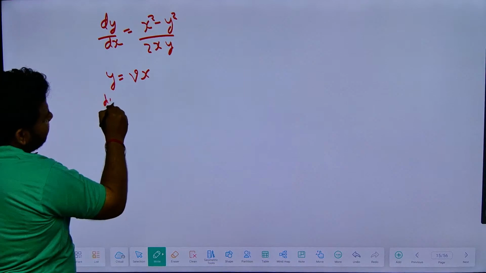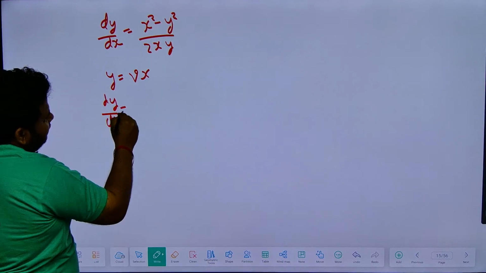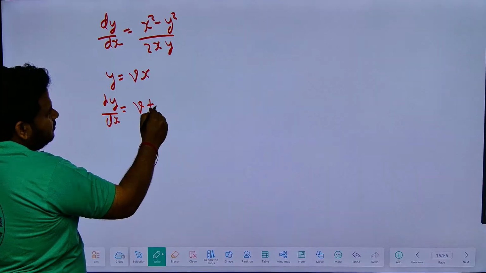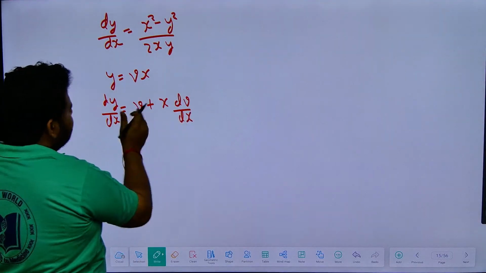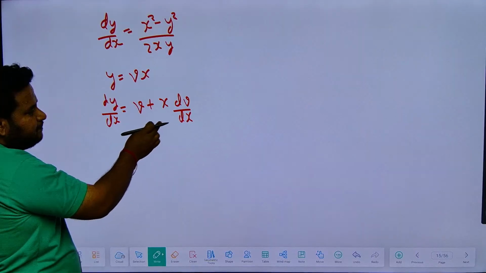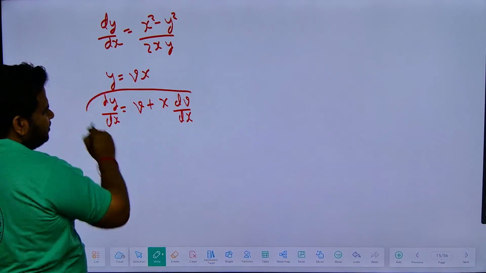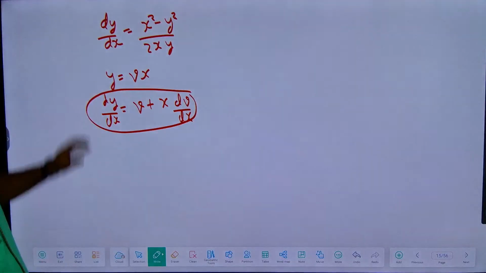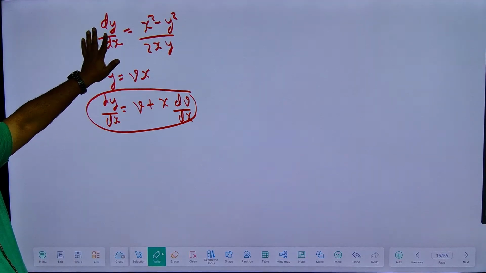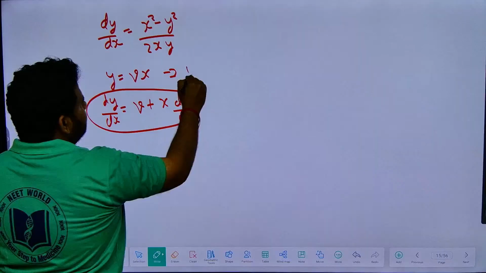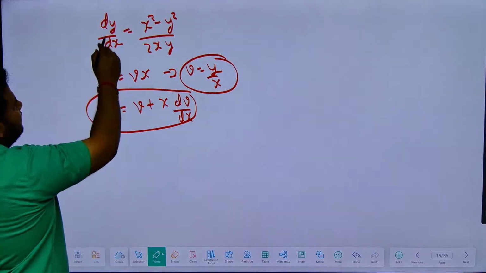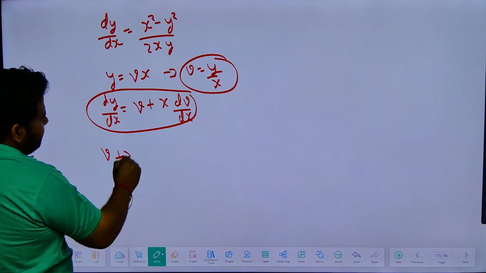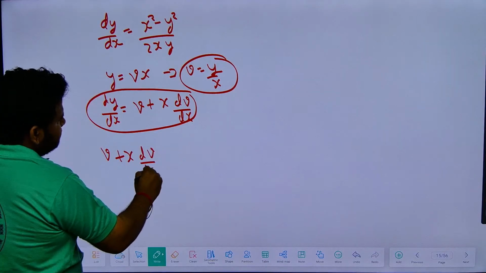So dy by dx will become v plus x into dv by dx. Now wherever dy by dx is there, I can put v plus x into dv by dx. This you should remember. Once you see homogeneous, directly put this. Don't write like this and waste time. That means v is equal to y by x. Now dy by dx will become v plus x into dv by dx is equal to